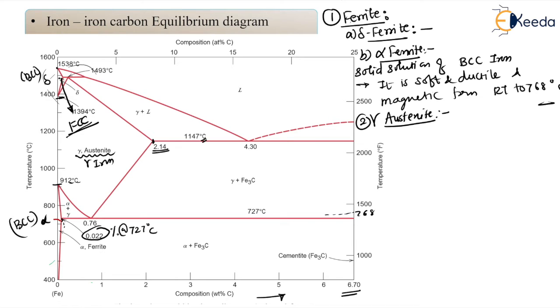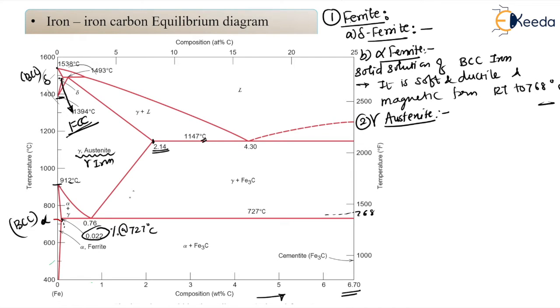So dear student, this is the FCC structure, definitely. So it will be giving very good formability, isn't it? That is the main thing, dear student. Because of this face centered cubic structure, it is having very good ductility, also very good formability. So nicely it can be formed with a little amount of force. So that is the very important thing about this gamma austenite.